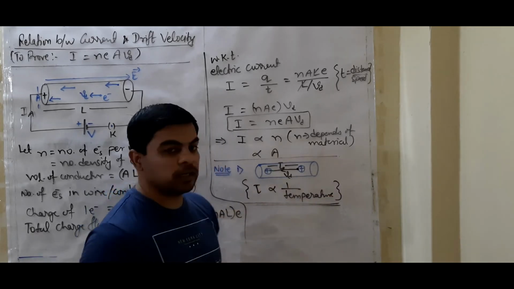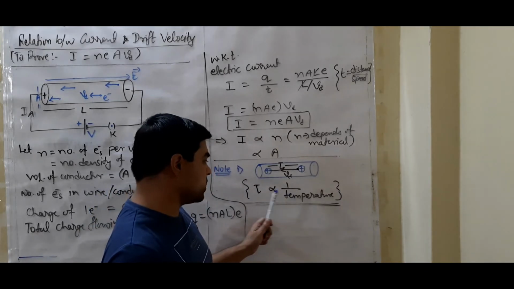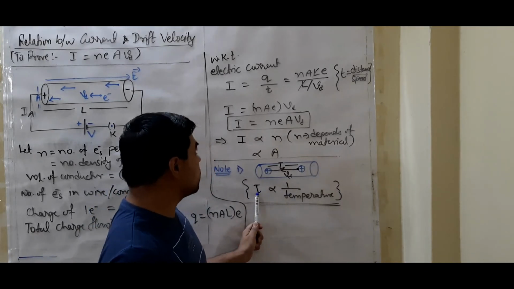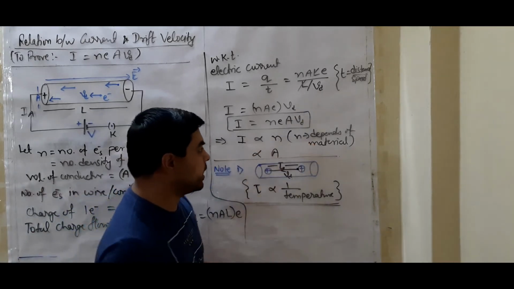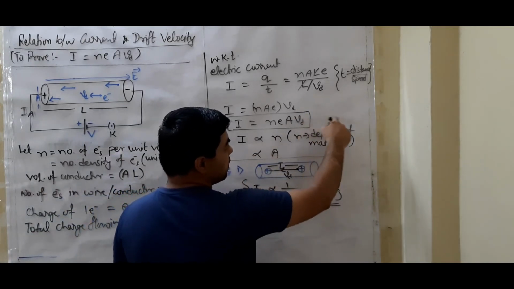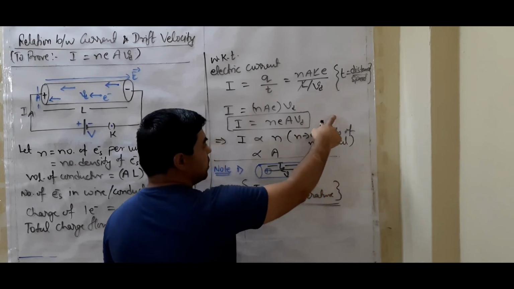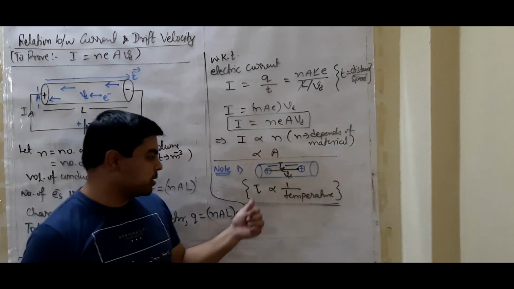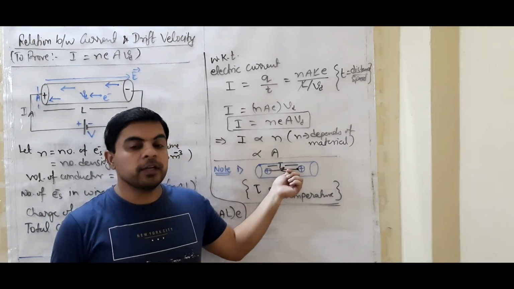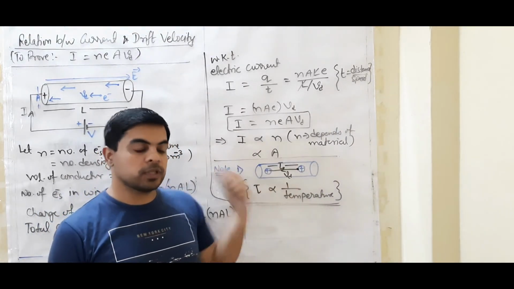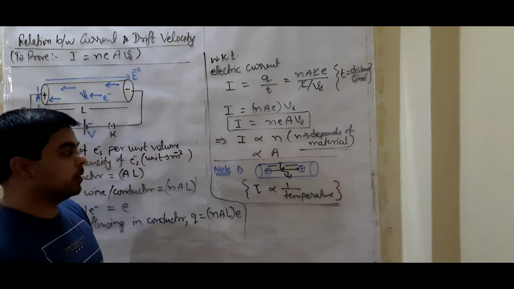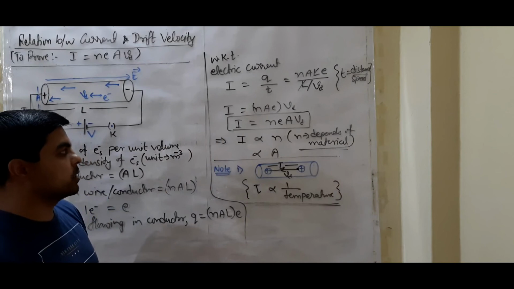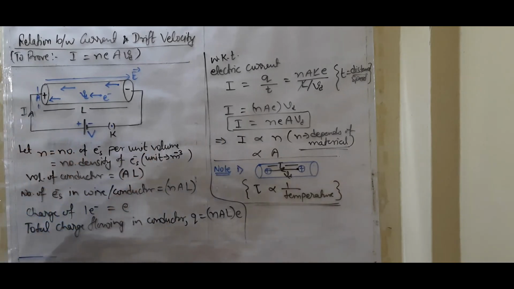Whenever the temperature of the conductor increases, tau decreases. So the expression involved in Vd, eE tau upon m, we can expand it in another way: eE tau upon m also. So with tau, it will be in direct proportionality. So this will impact the value of current also, and the value of drift velocity also. That will depend on the temperature and the nature of the material of the substance. So importantly, the relation we have derived, you can note it down by pausing the video.